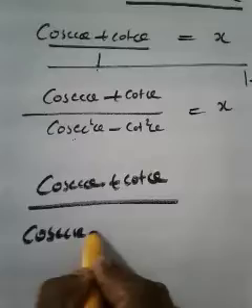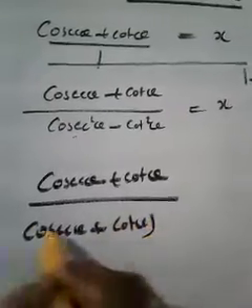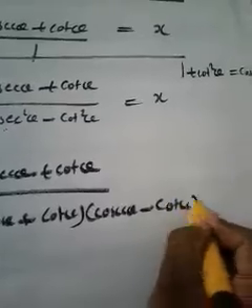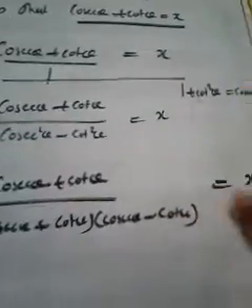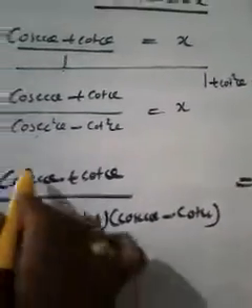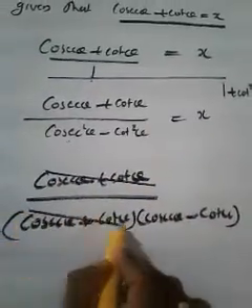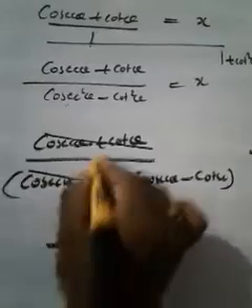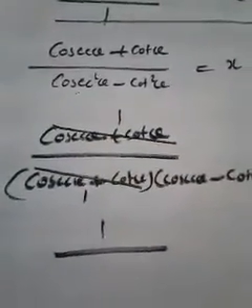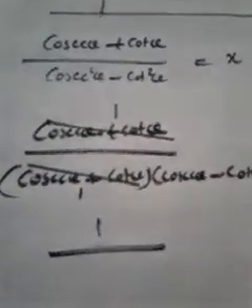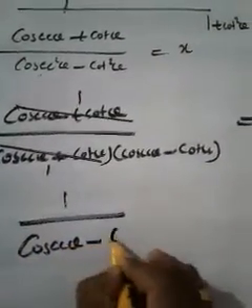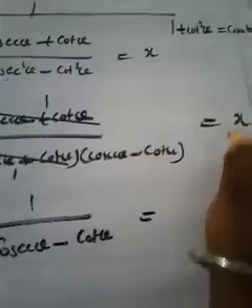That means cosec theta plus cot theta into cosec theta minus cot theta is equal to, right side as it is. We continue the same. Now cosec theta plus cot theta and cosec theta plus cot theta will get cancelled. What will remain? If the same terms get cancelled, we have to write 1. So 1 divided by cosec theta minus cot theta will remain, equal to x.